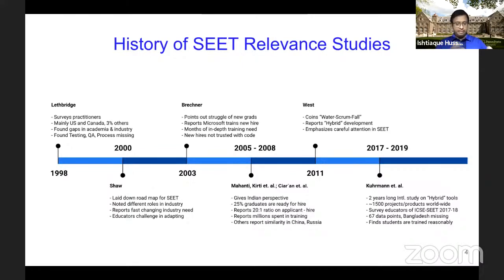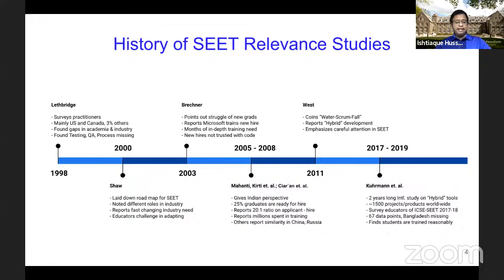Then they also studied the educators, faculty like us, who are supposed to teach students about these tools. When they surveyed educators, they got a good response, meaning that educators think they are teaching their students these tools and techniques, and that students are well equipped to go to industry and contribute. However, what was missing in our perspective is the customers. In this setting, the customers are the students who go to industry, work for companies, and apply their knowledge. So what about them? That's why we came up with the idea: let's ask the real customers, the real stakeholders, if they think their study was